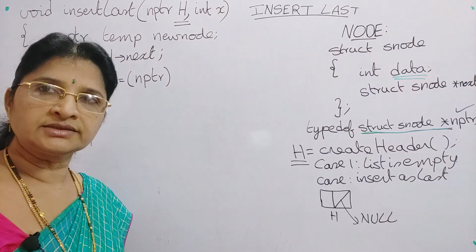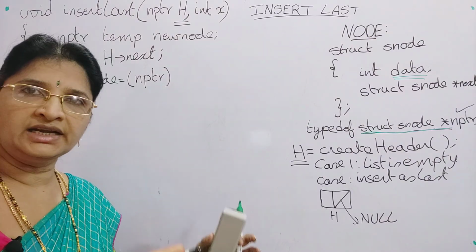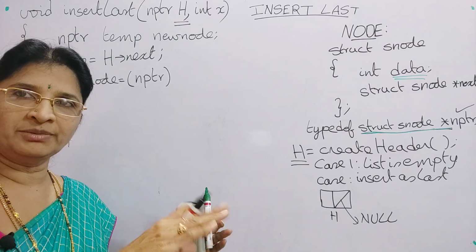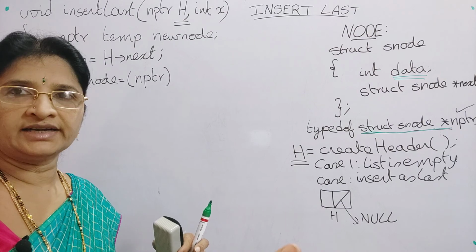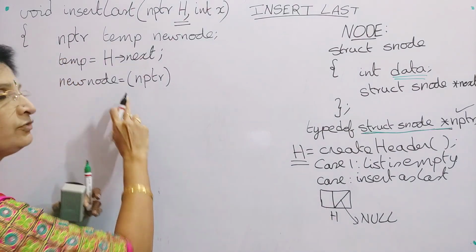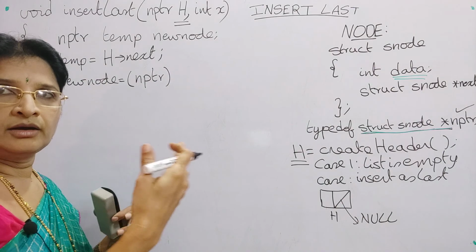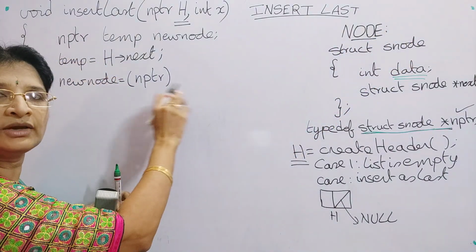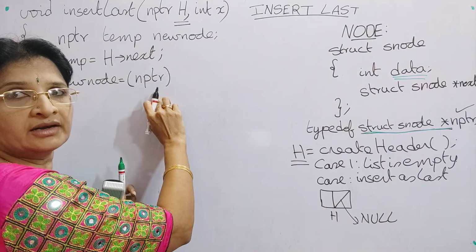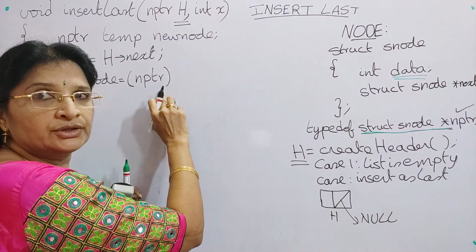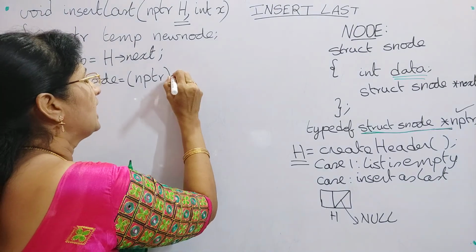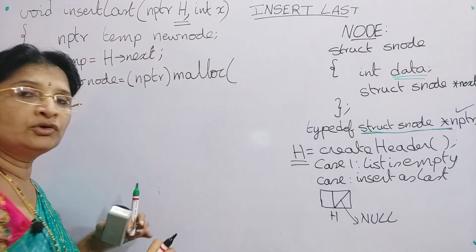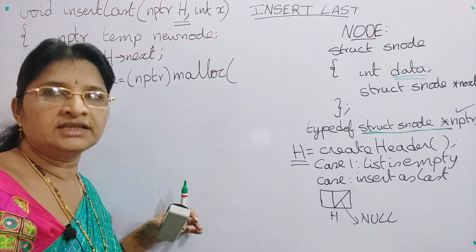Typecasting is compulsory because if you declare an integer pointer, it will point to integer data, and if you declare a float pointer, it will point to float data. Similarly, for the new node, which is of the user defined type struct node, you will give nptr as the typecast. It will convert into struct node asterisk, and then you will give the malloc function and the memory block size.